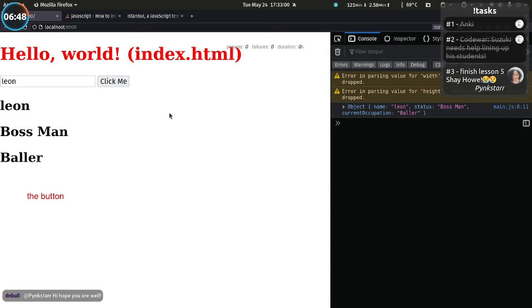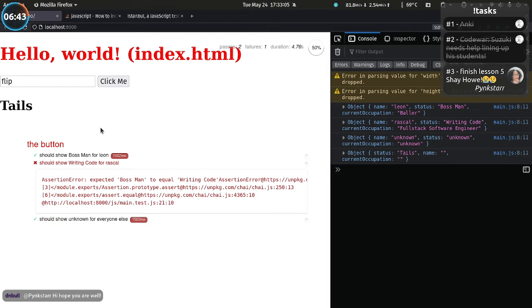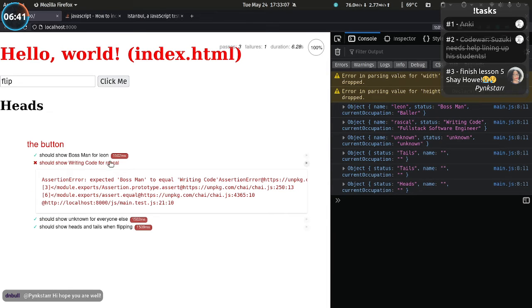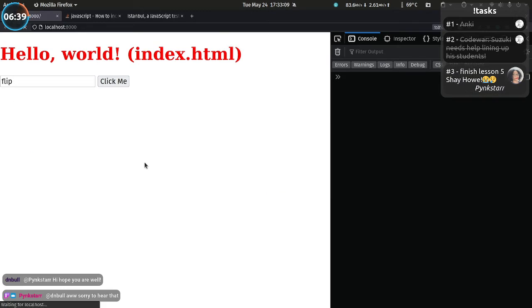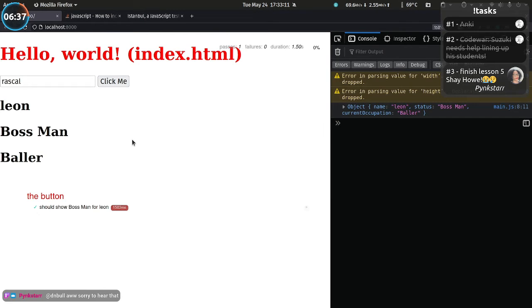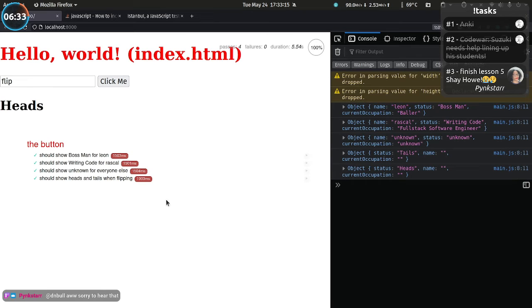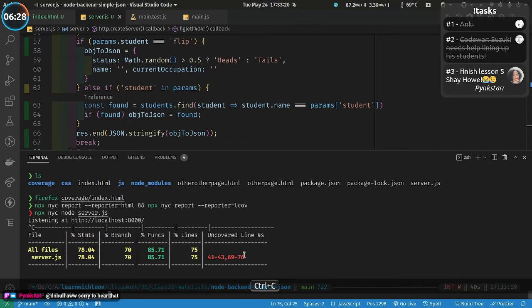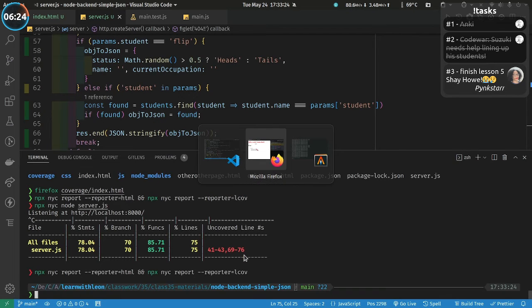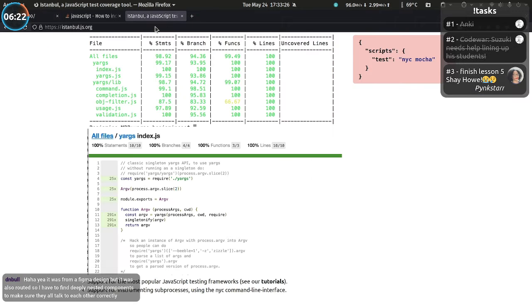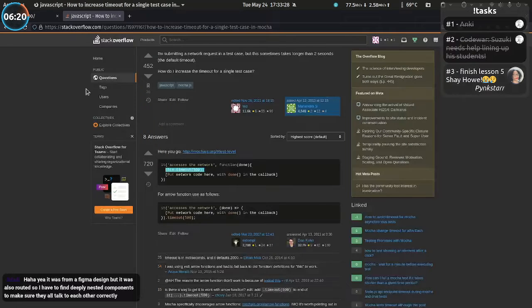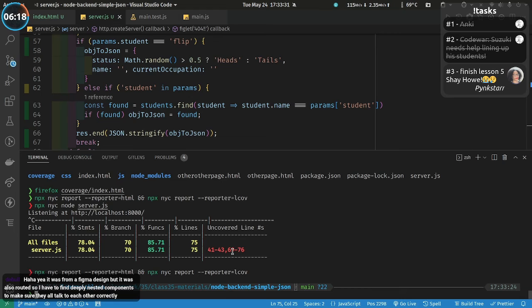But yeah, DMBull, we just finished throwing Mocha at testing our coin flipper, and I demonstrated a flaky test on purpose. But besides that, the test usually does work. There you go, so it does the things. It generates the cool coverage using the command that you gotta manually run. I mean, you've probably seen this a dozen times because it's all set up when you actually do it properly, but